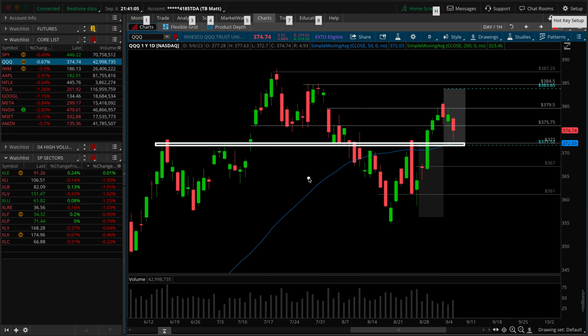It's a rinse and repeat of our S&P 500, basically, with the daily double bottom kicking off the start of a trend reversal, producing a higher high. We're pulling back from the higher high. We've got ourselves a hammer-esque style candle, and the lower wick of it is testing our key level around 372,